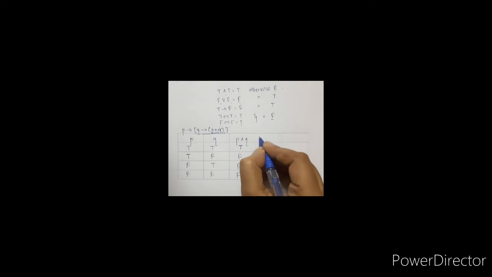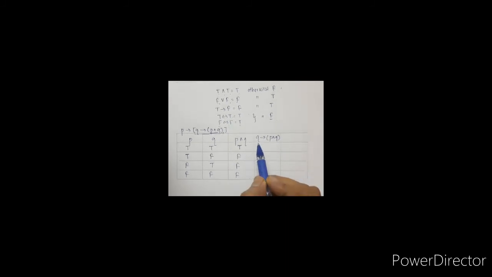So in this entire bracket we have Q implies (P and Q). We already got this P and Q column. Now we have to compare Q with P and Q, with the connective implication, that is conditional, if then. So our first statement is Q, so we consider this as the first column. Our second bracket is P and Q, so we consider this as the second column. So now we are comparing this and this with the connective if then, that is conditional.